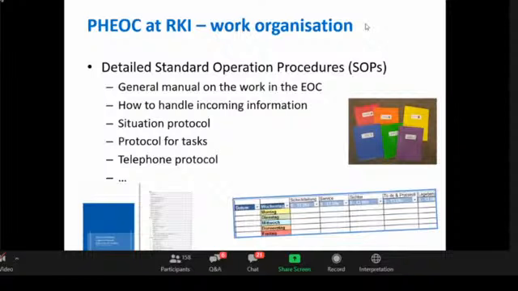And on the right, you see different folders. For each position, we have a folder. And the colors of the folders are also the colors we use in our email account. As I said, we only have one email account, so to make clear which position has to work on which email, we use colors. For example, red is for the head of the shift, and you can see there's also a red folder for the head of the shift. And the same, there's a purple folder for the situation report. And those are the colors we also use in Outlook. Next slide.